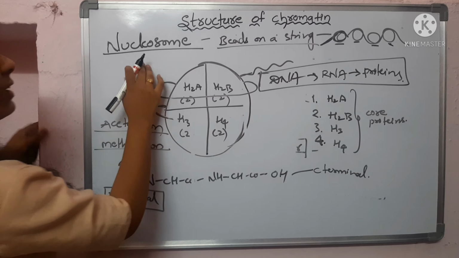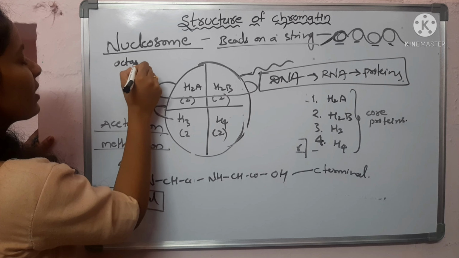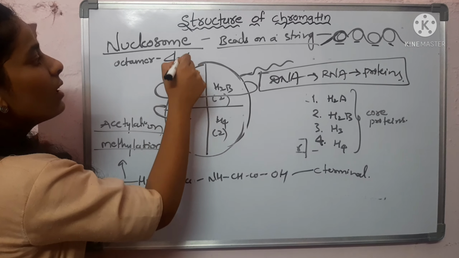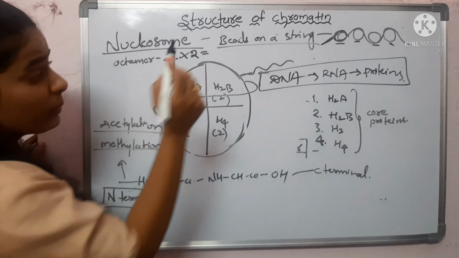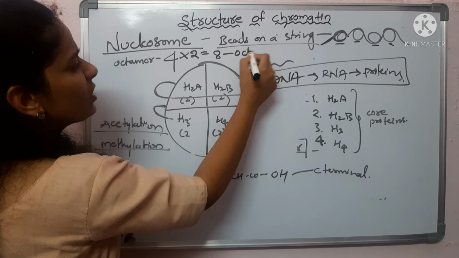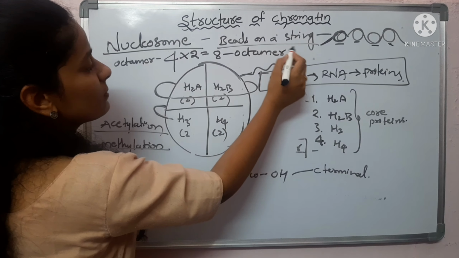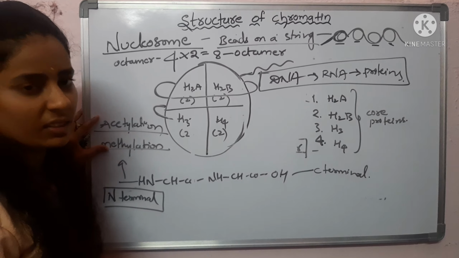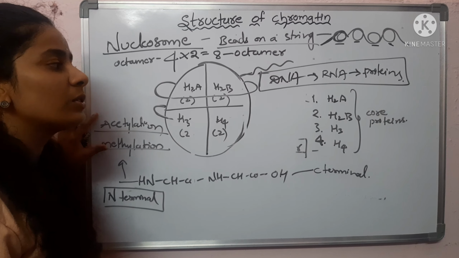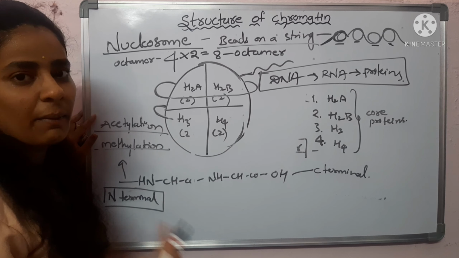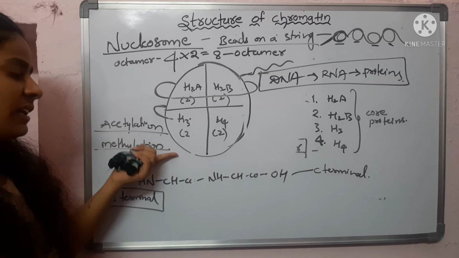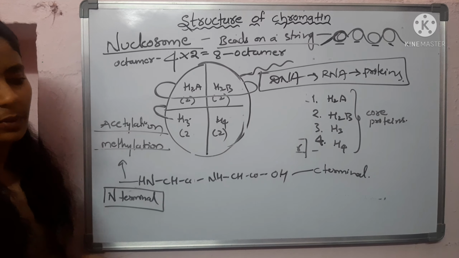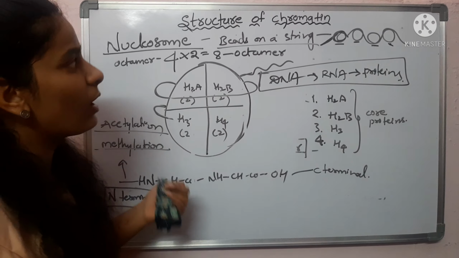So this nucleosome occurs in an octamer structure. Octamer is nothing but we have four types of proteins, and each protein will occur in dimer form, so it forms an octamer structure. And the main point to remember in this topic is that methylation and acetylation is occurring. Why is this occurring? Because so as to continue the transcription of DNA to RNA, methylation and acetylation has to occur. If methylation doesn't occur, DNA does not transcribe to RNA. And this is all about the chromatin structure.